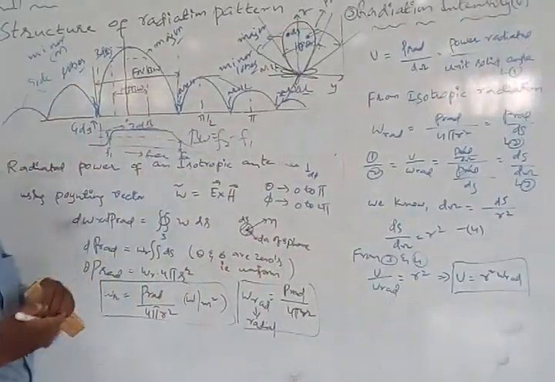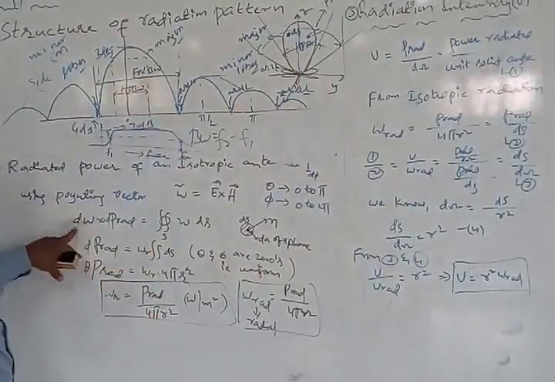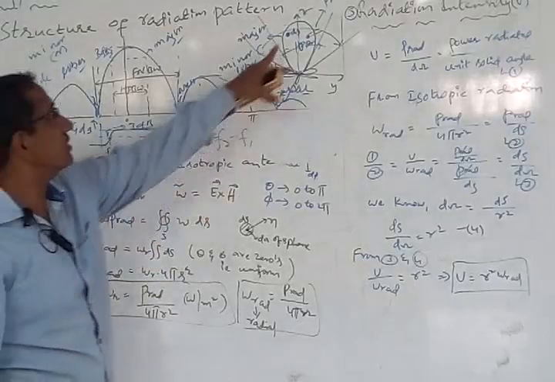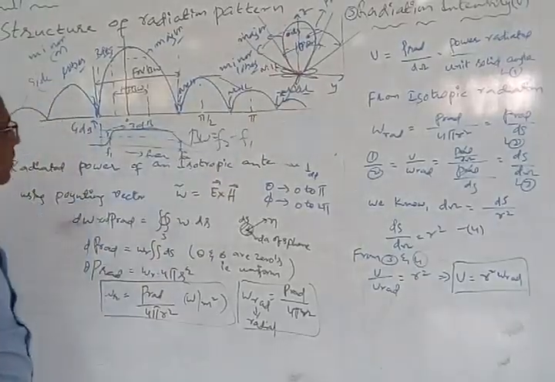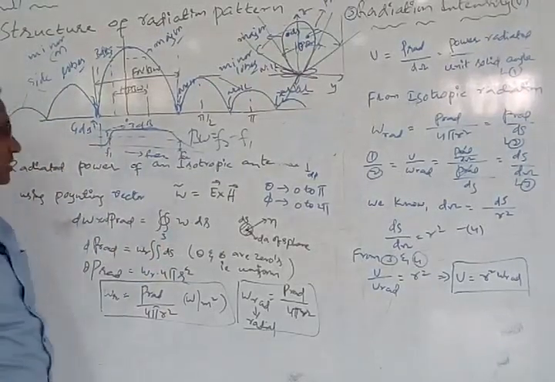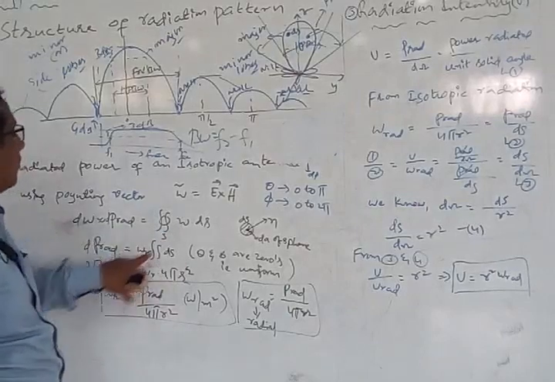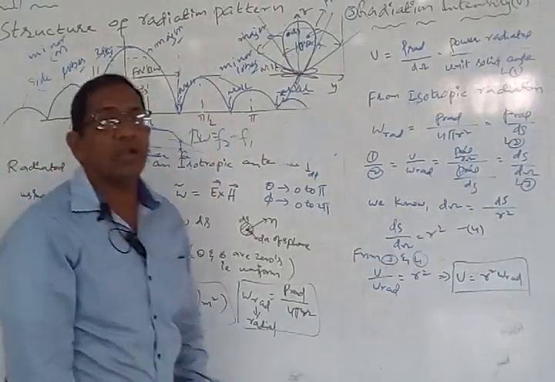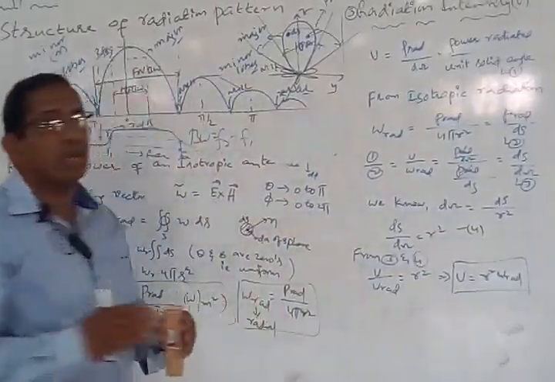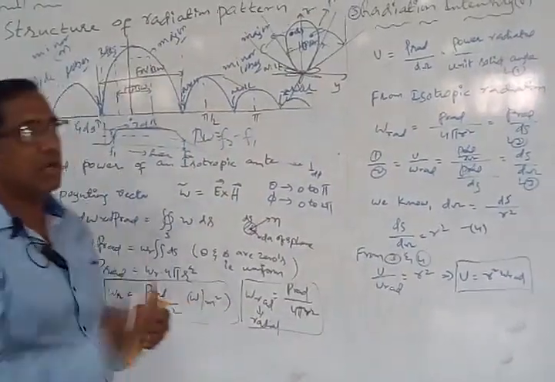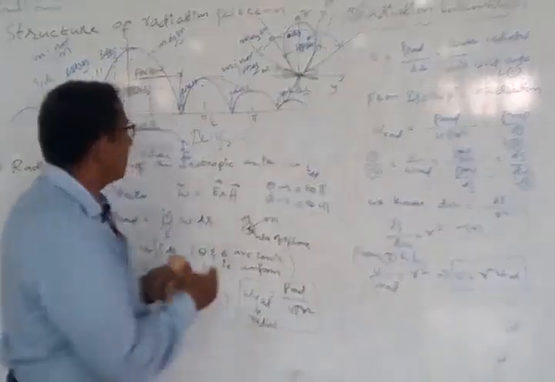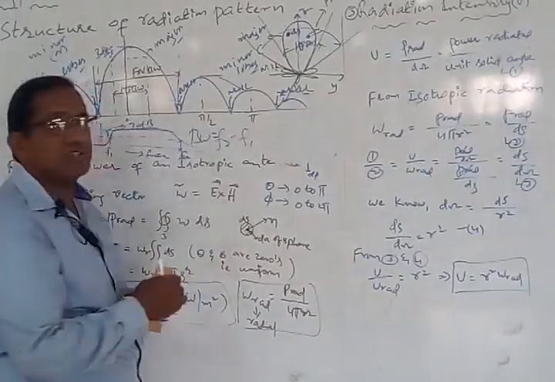Now when you consider differential surface area dS, then you have to find out the differential power radiated. So the differential power radiated is nothing but you have to consider the entire closed surface area dS and integrate to find the entire area. Here we are going to consider the radial power. Always the power density lines we consider are emerging out of the antenna radially, outside of the differential surface area under consideration.